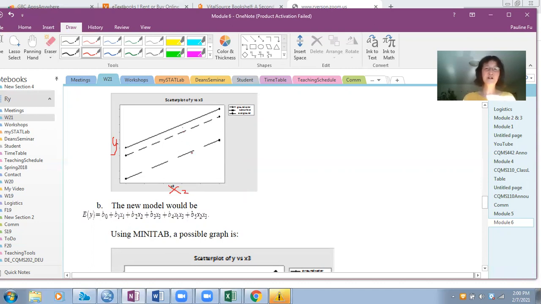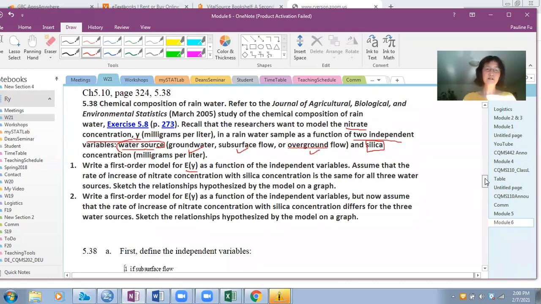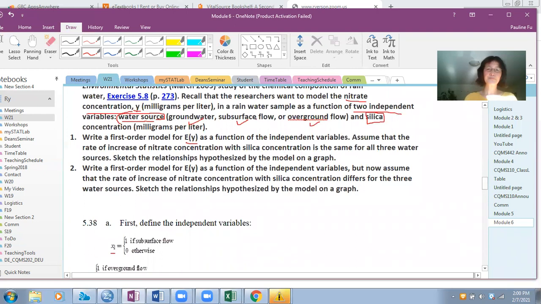And this model assumes Y does not affect, see here, assume Y is the same for all 3 water salts. Okay. So question 2, again, write a first order model as a function of independent variables, but now assume that